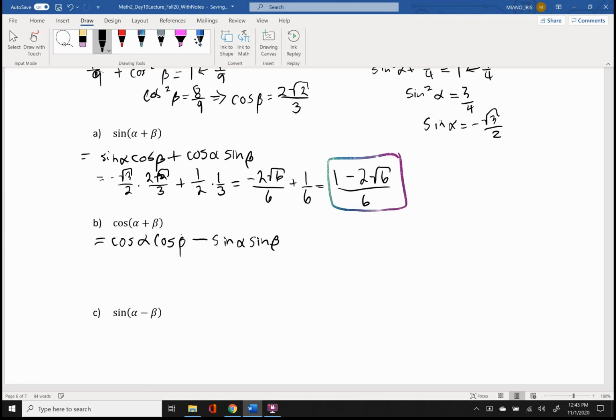So hopefully those are helpful. And then that'll give you a value of 1/2 times 2 root 2 over 3 minus negative root 3 over 2